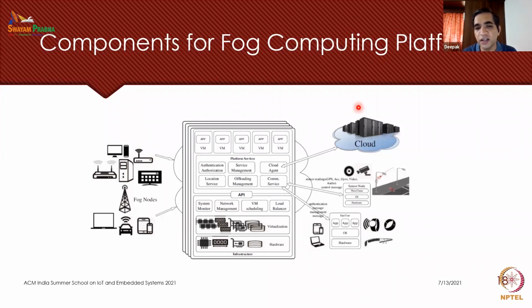So in that case, there needs to be some management done where some part of it is kept here and some part of it is sent to the cloud, and that is what the offloading management does. This is something very crucial in a fog computing platform, because you are not entirely discarding the cloud. You're still using the cloud for some very special purposes.